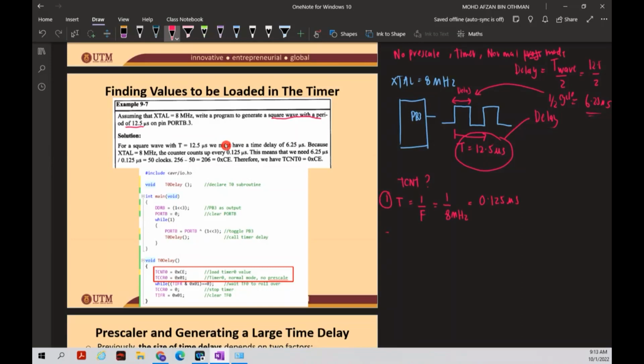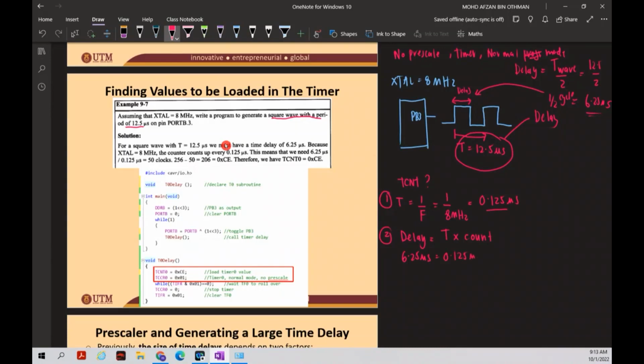And the second equation, which is delay equals T multiplied by count. The delay, which is the half cycle of the square wave, you put 6.25 microseconds. Oh sorry, not T. Okay, right. Delay is 6.25 microseconds, while T is